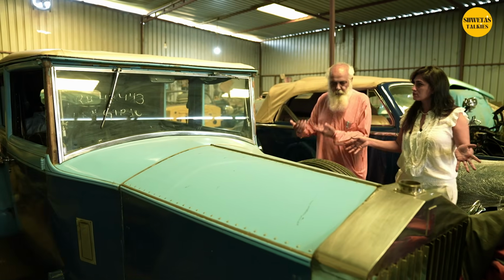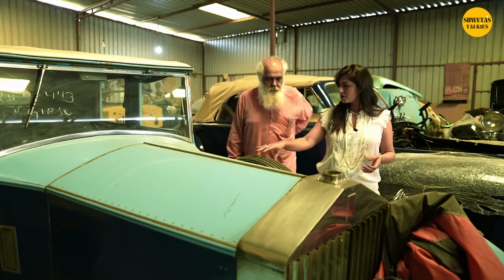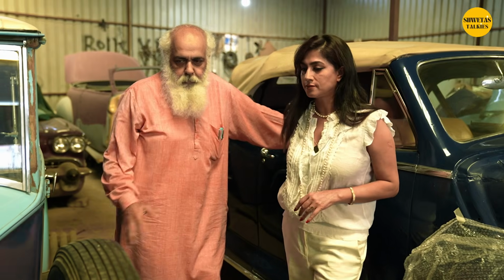Yeah, it will be off the chassis restoration, so the frame will come out. And this is one of the original ones, okay? Yeah. This is the side mounts which is there on the car. So these are basically,